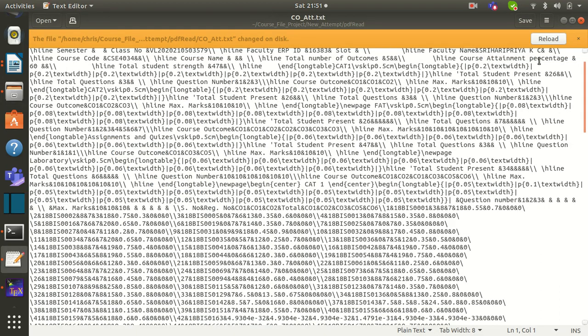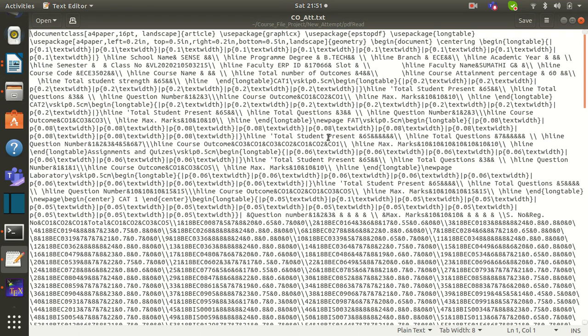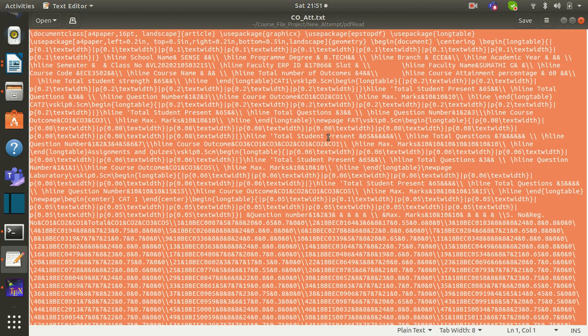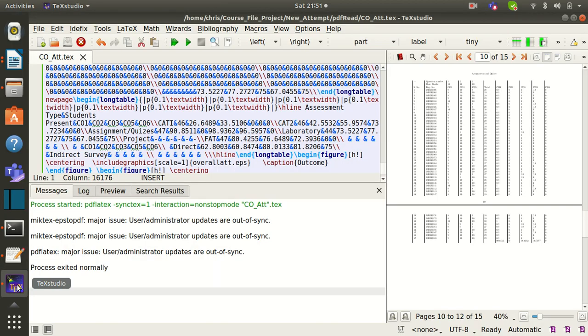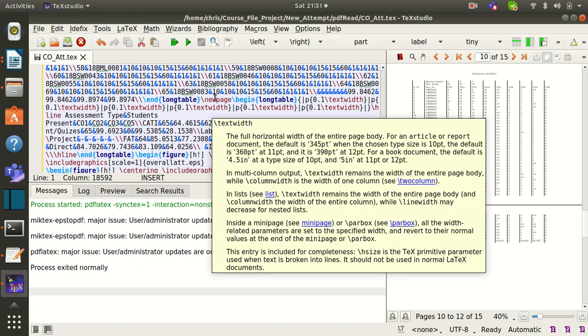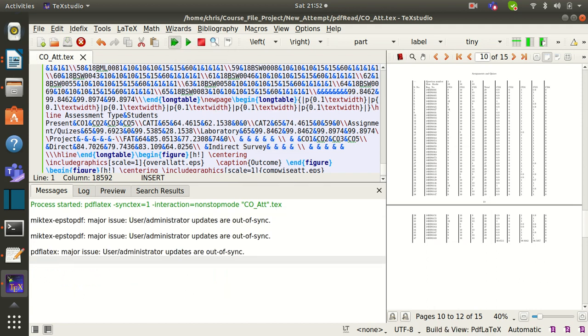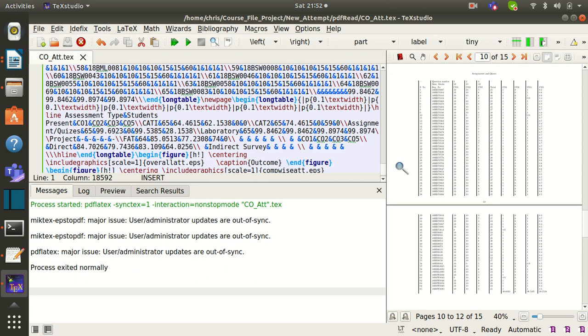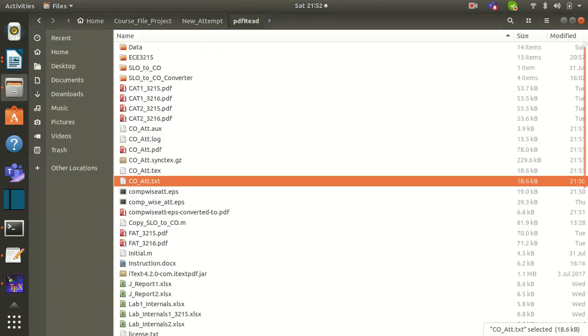Open that, say reload. Already there was a content, now it should be reloaded because it is writing to this file. So I say reload. Say Control A, Control C, means I am copying that. Open any LaTeX editor. It may be TeXstudio, TeXworks, TeXmaker, or any online editor like Overleaf. I use TeXstudio and I copy that over here and I run this. So it will generate the file. Okay, let me open the PDF now. So this is the PDF.